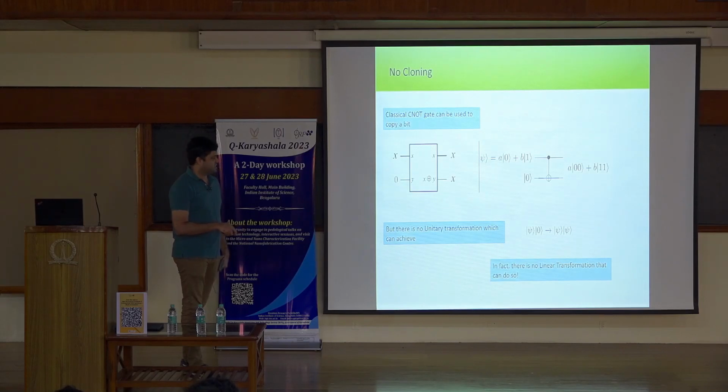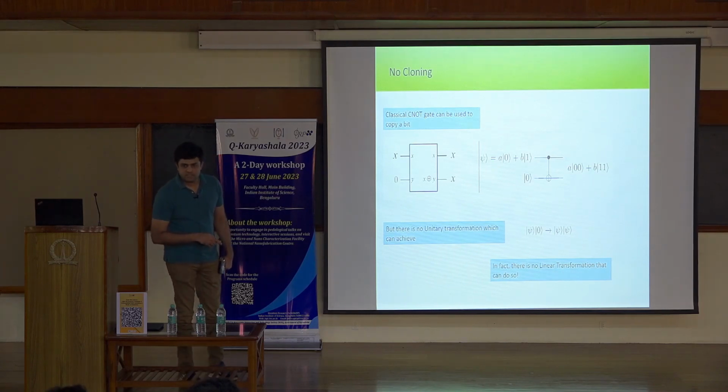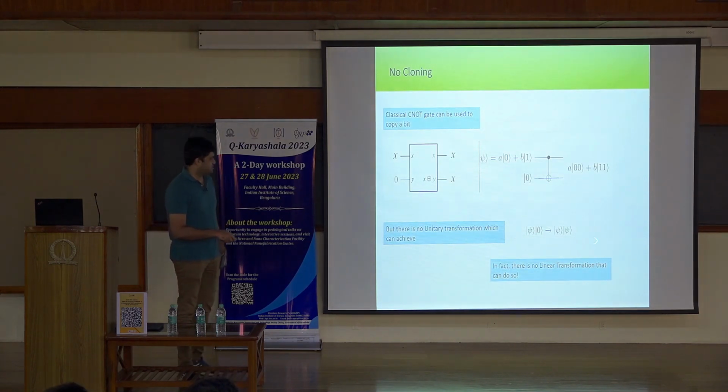It's because there is no linear operator that can take me from this state, if I start with this state, into that state. And that's it. Not only unitary, but there's no linear transformation at all that you can make on that. You can do it for specific states like 0, 0, you can set up things like that.